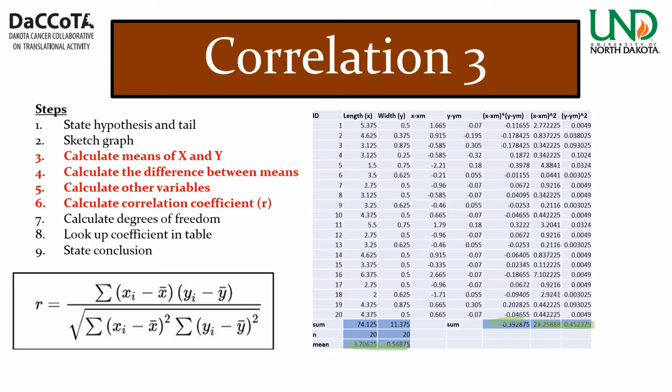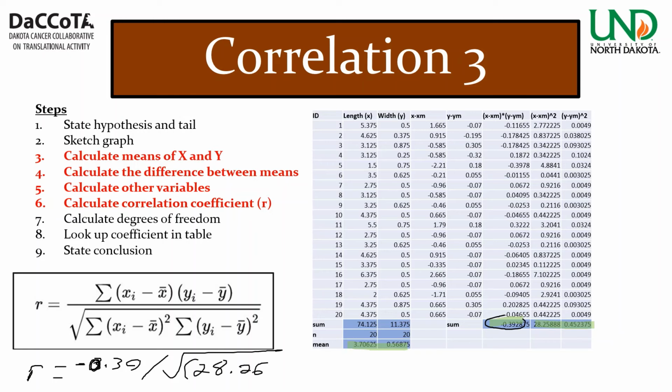We've got all the information we need. So let's actually calculate this. So let's switch over to drawing something, because I can do these numbers by hand without too much loss of time. So R, that is going to be the sum here. So that's going to be, I'm going to just round, 0.39 divided by the square root of these two variables, 28 and 0.45, 28 point, and we'll round up to